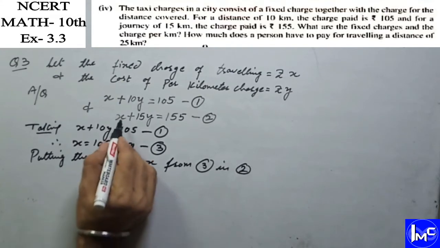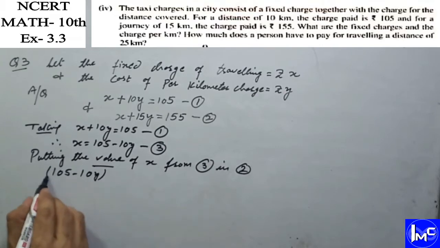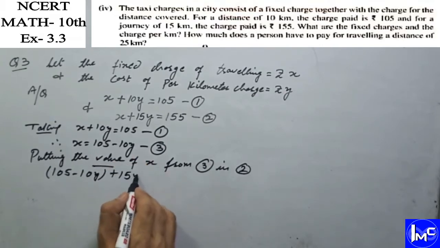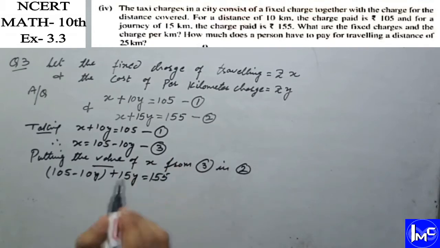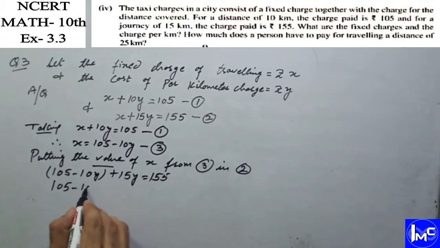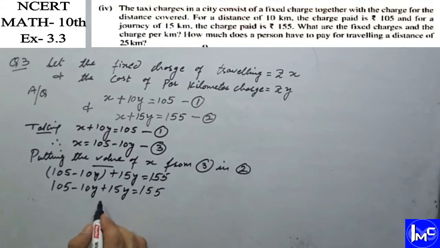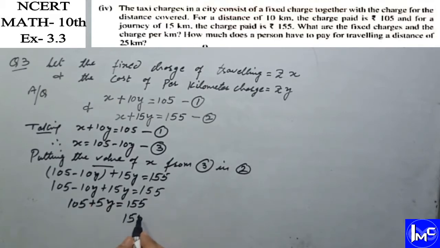What we will get? We will get x plus 15y. X is 105 minus 10y plus 15y is equal to 155, and by simplifying this equation we will get 105 minus 10y plus 15y is equal to 155, and like terms will be solved as minus 10 plus 15 will be plus 5y, and this is 105 of positive sign, and we will shift 105 to right hand side, and it will become 105 with the negative sign,